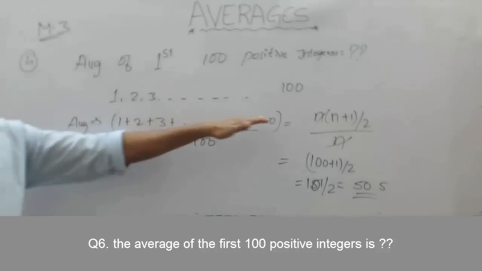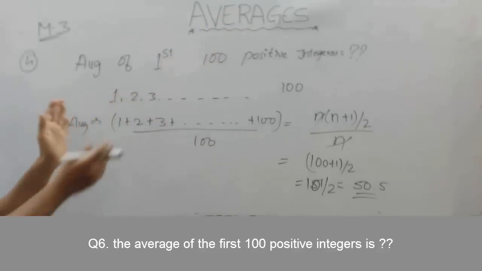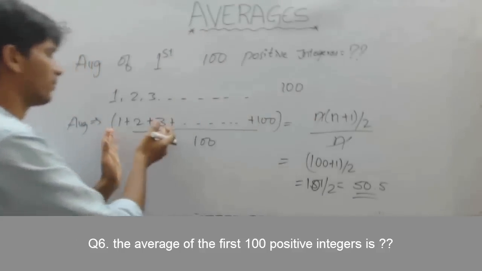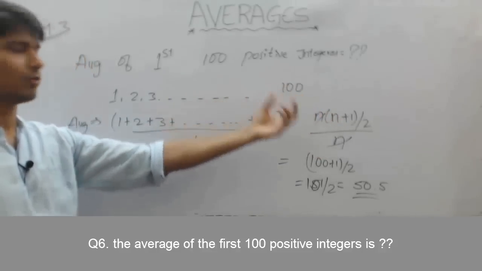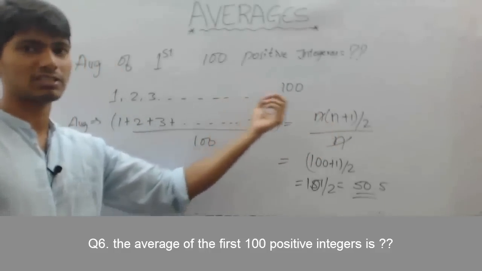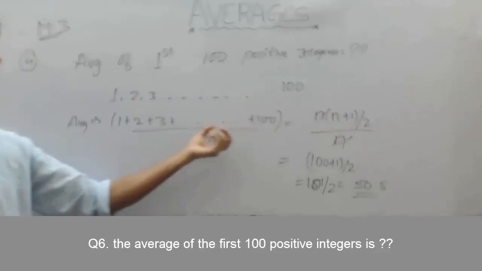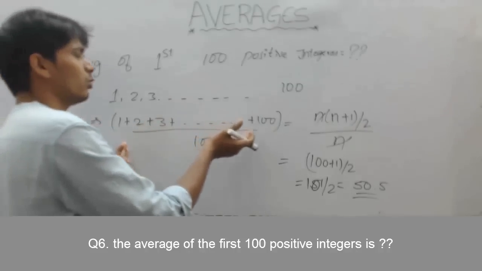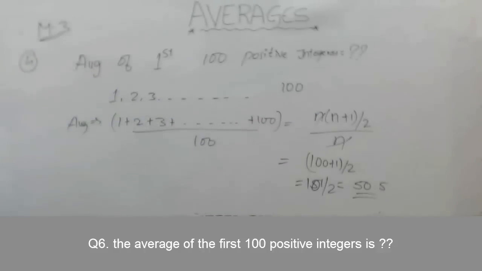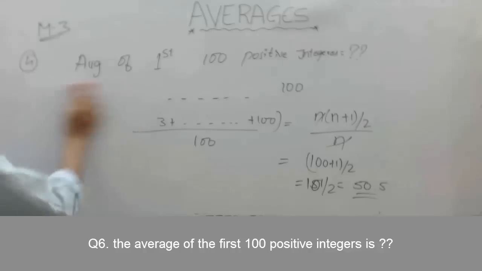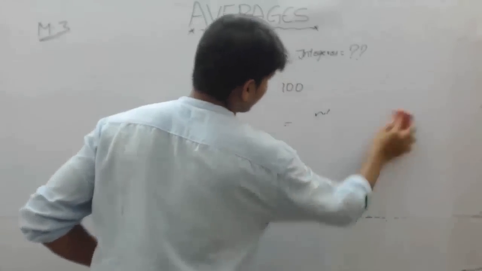So in terms of consecutive numbers, the questions will be based on the first n natural numbers, or the squares of the first n natural numbers, or the sum of the first n odd numbers, or the sum of the first n even numbers. So such types of questions will appear. So you need to know the formula for the sum of the first n natural numbers. And here there are some concepts. If you know these concepts, you can easily solve the questions on these consecutive numbers.